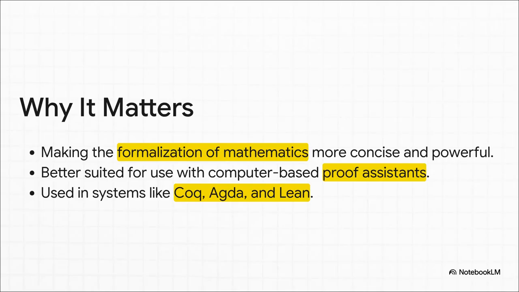So why does this really matter in the real world? Well, it makes the process of doing math with computers way, way better. I mean, a modern mathematical proof can be thousands of pages long. That's way too complex for any single person or even a team of people to check for mistakes. It's just not possible. But with HoTT, we can use these amazing computer programs called proof assistants. You might have heard of them, like Coq, Agda, or Lean. And they can check these monster proofs with absolute total certainty. We can know for sure that there are no hidden mistakes.